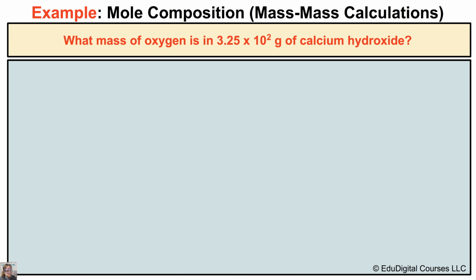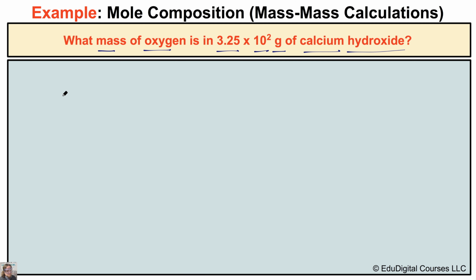In this example it says, what mass of oxygen is in 3.25 times 10 to the second grams of calcium hydroxide? So we have some calcium hydroxide, and what we're trying to figure out is the mass of oxygen in this mass of calcium hydroxide. So the very first thing that we have to figure out is the chemical formula for